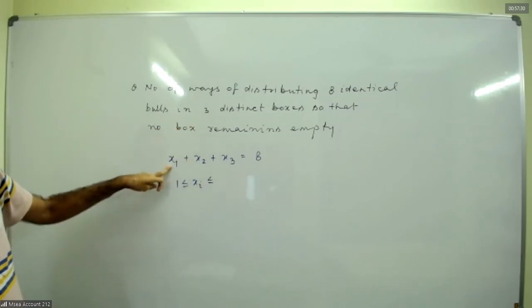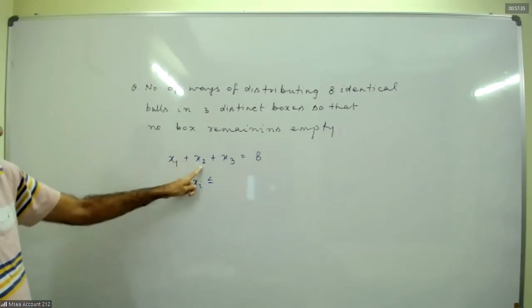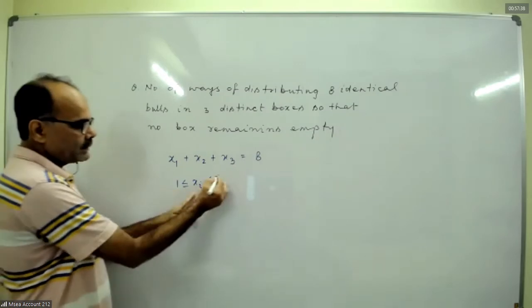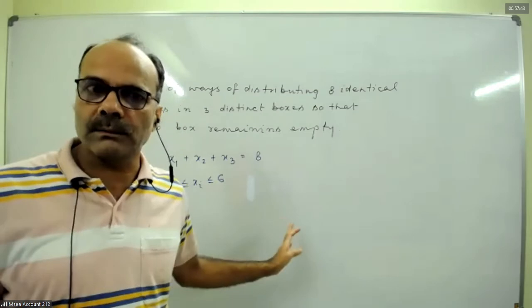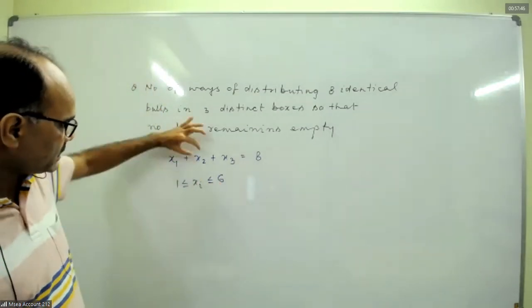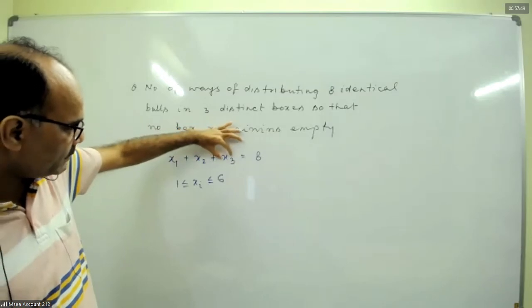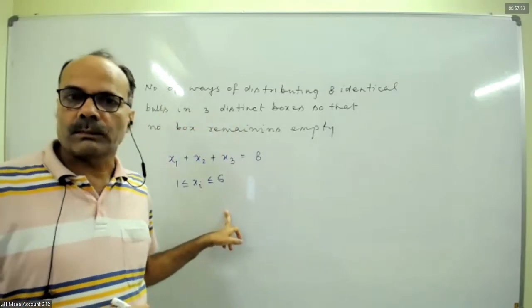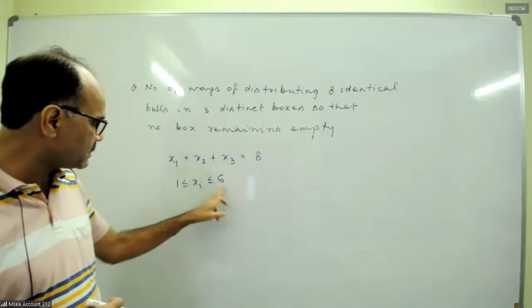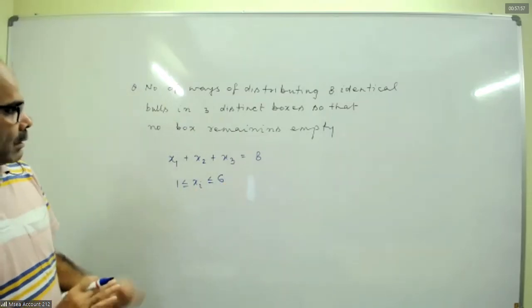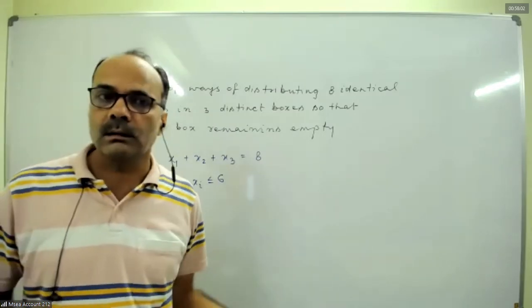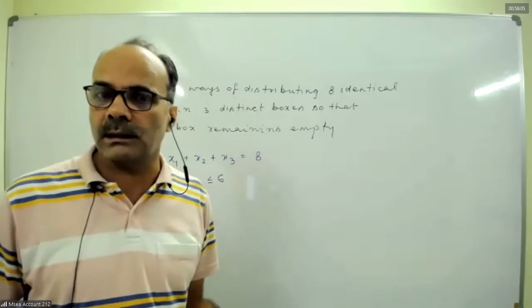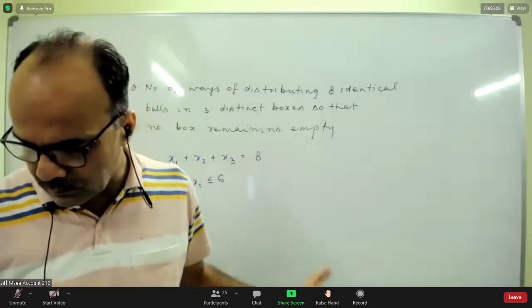No, lower limit is 1, no box is empty. Yes, sir. And what will be the upper limit? You assign lower limit to this 1, 1. Six. How much? 6. How to find the upper limit? To assign upper limit, just assign minimum this, minimum to this, minimum to this. So upper limit of all xi's will be 6, lower limit is 1. Now number of non-negative integral solutions of this, pick up any solution corresponding to that solution. There will be a way to distribute these 8 balls. Just find number of solutions.